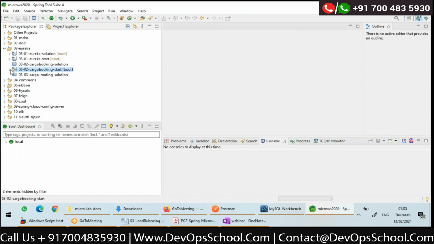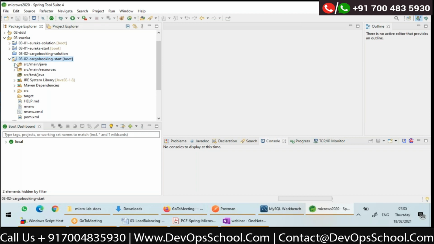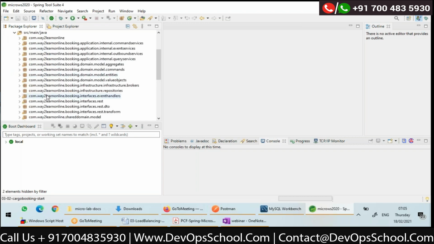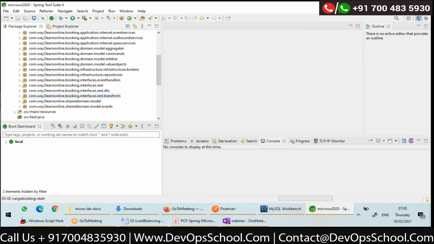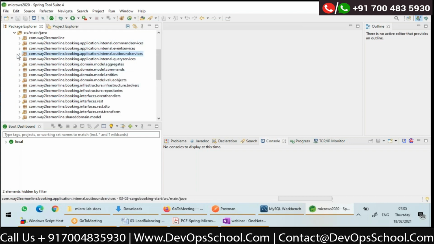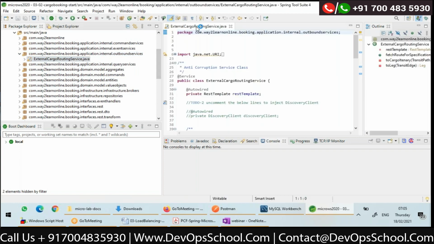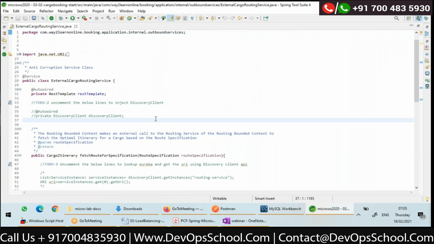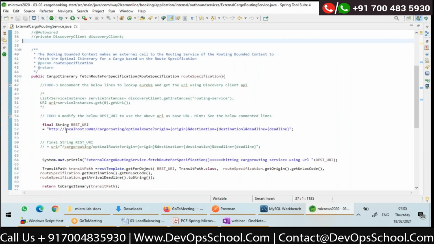Here I'll show you. This was my yesterday's application in cargo booking app. In outbound services, here I have external cargo routing service, and here I was hard coding the URL of cargo routing.